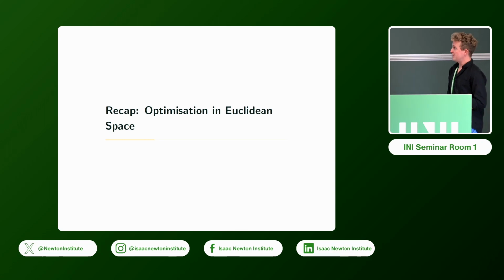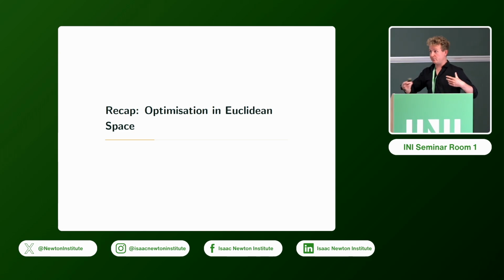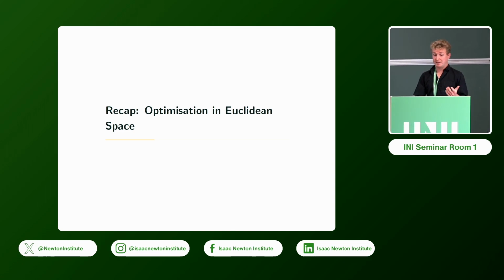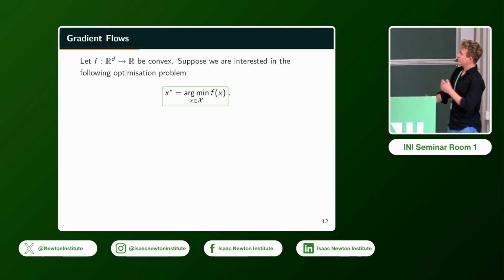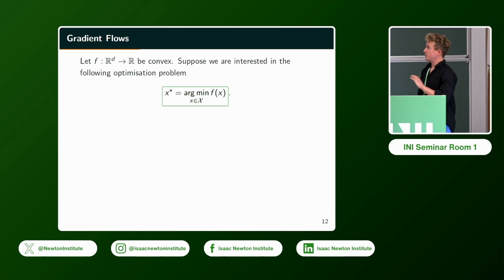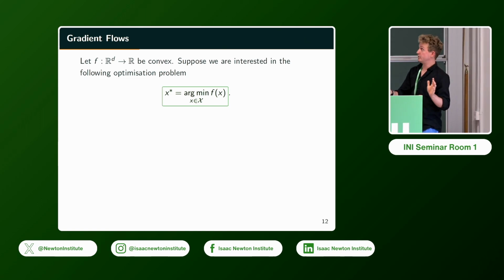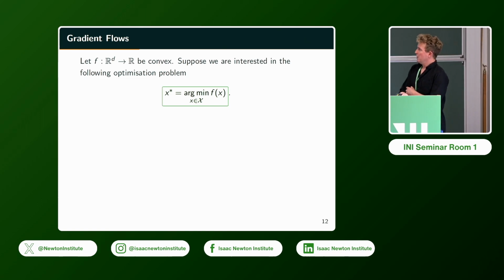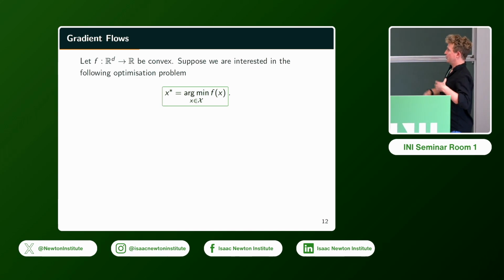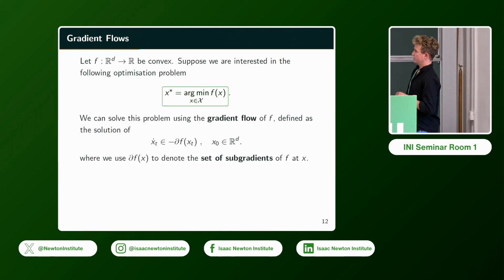So as I say, the key here really is going to be using this connection between optimization and sampling to develop this algorithm. And so to do that, we're going to start by recapping some basics on optimization in Euclidean spaces. Okay, so this is going to be our optimization problem, and we're going to focus for this talk on convex optimization problems. Things get much, much trickier, of course, when you go to the non-convex setting, so we're going to focus on this convex setting.